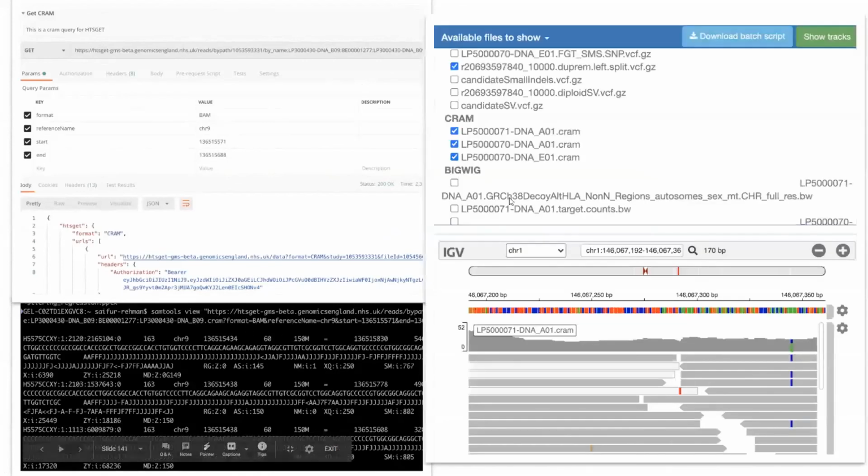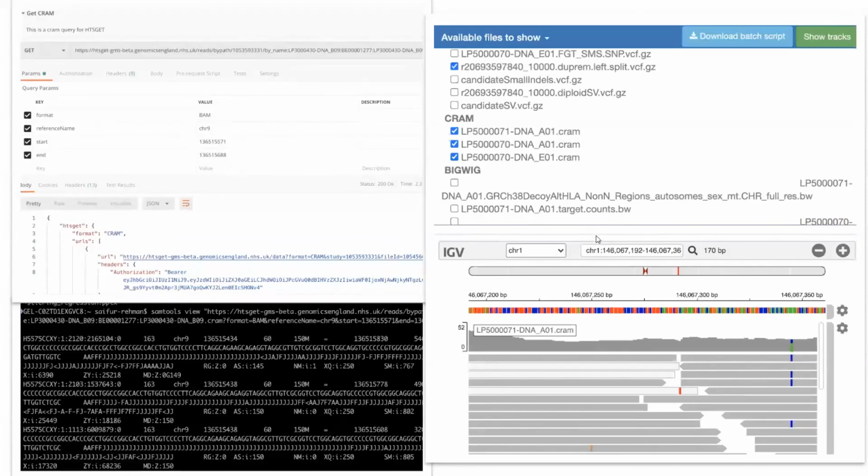Here is simply calling it from some tools, where, because the toolchain supports htsget nowadays, you can just provide the htsget URL, and you can see here the resulting CRAM, and you're exporting that as a BAM. But you can also load it into a browser. And so here is the rather clunky browser that we have. It's based on IGV, but you can also select files that you want in there. And it's just showing you, from a lab perspective, being able to get data centrally across the country.